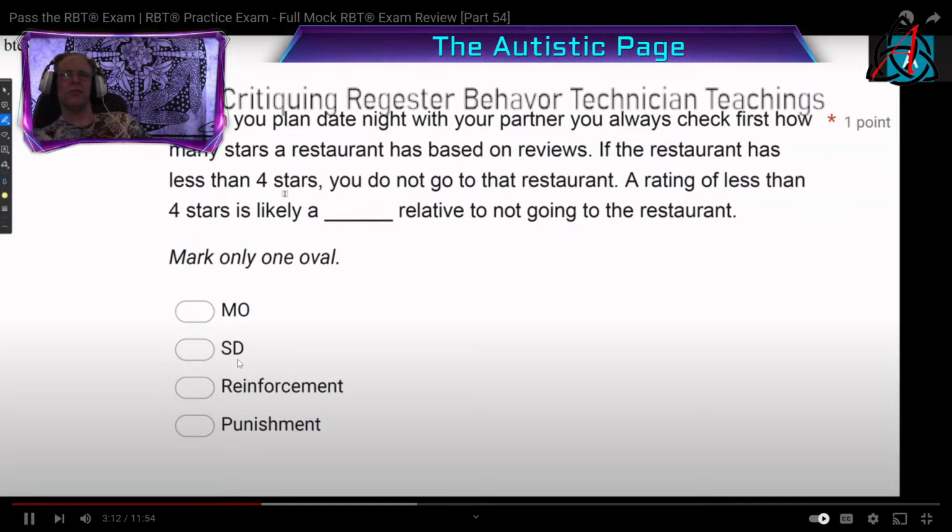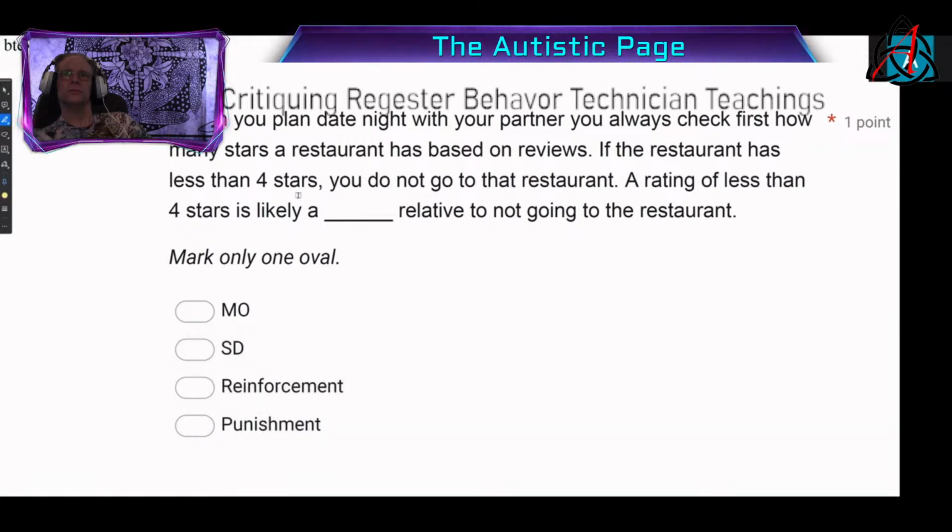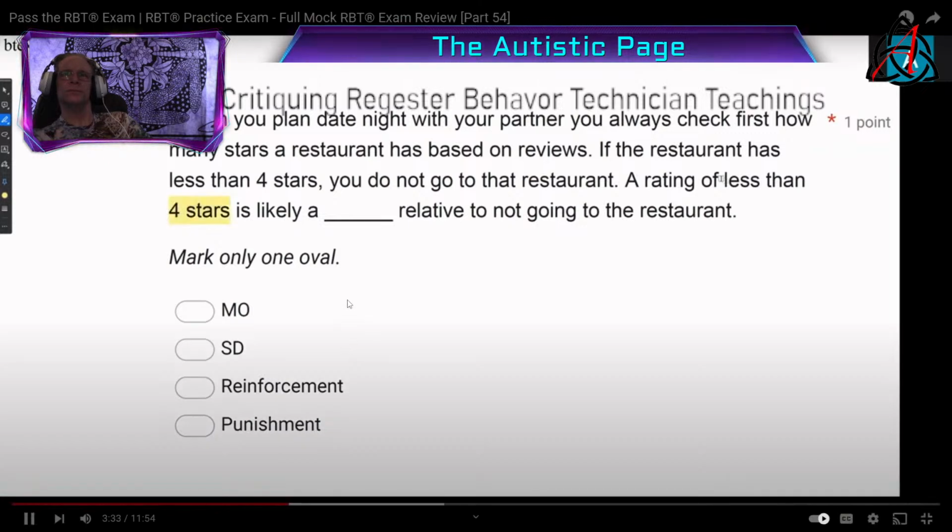If the restaurant has less than 4 stars, you do not go to that restaurant. A rating of less than 4 stars is likely a blank relative to not going to the restaurant. All right, so let's think about this. We have a behavior question, and we have a question asking about something relative to something else. So we're looking at the effect of the 4 stars or less than 4 stars on not going to a